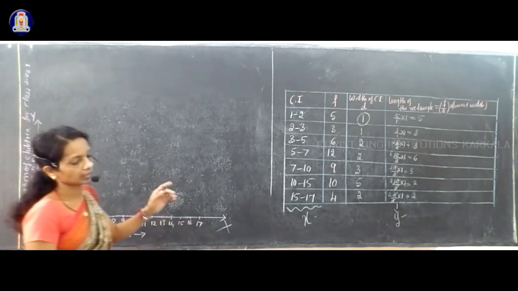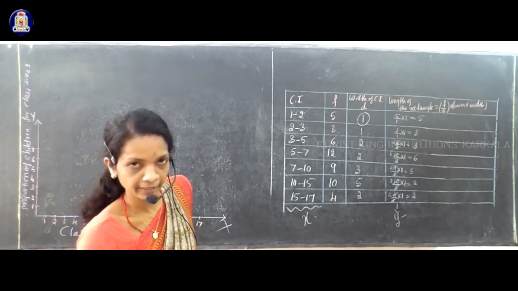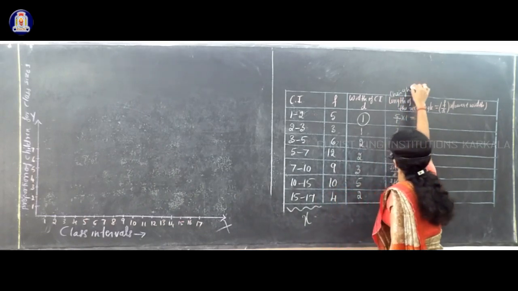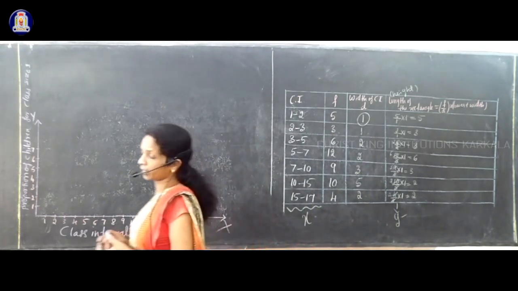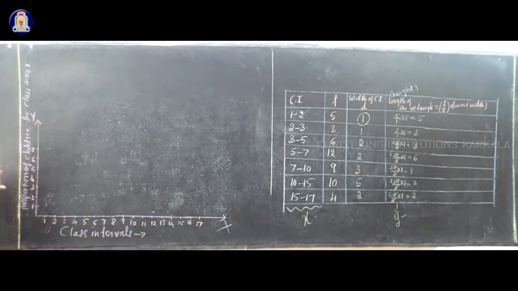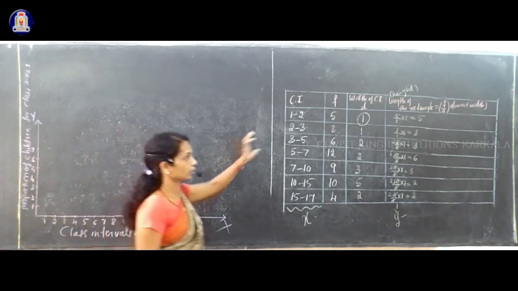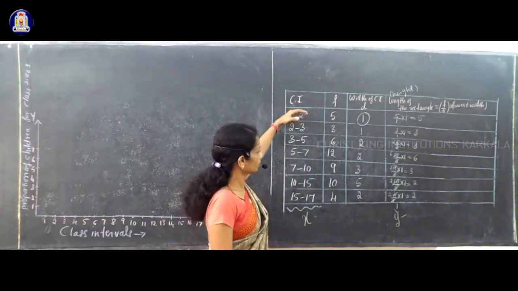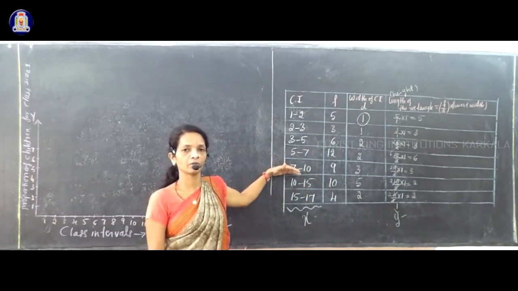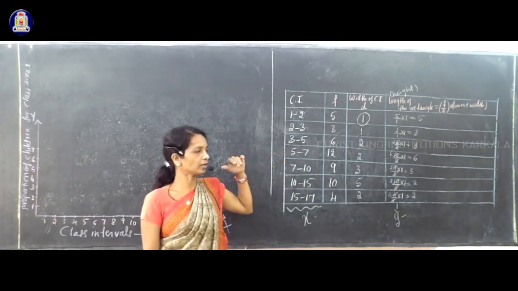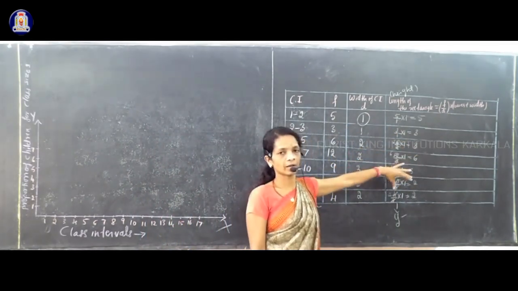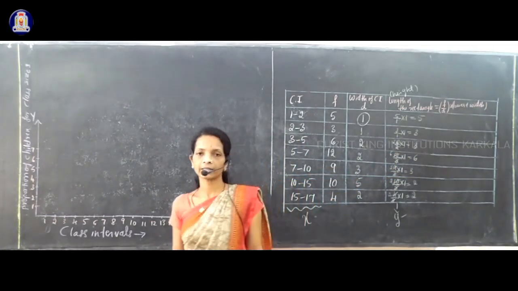Height of the rectangular bar, or length also, length or height. But the height of the rectangle, actually that gives you the proportion of children for a class size of 1. Okay, why class size 1? Because the lowest class width is 1. Suppose we make these class intervals with the equal class size, that is 1, then the frequency column will be like this. Okay, so that will be the actual height or actual length of the rectangular bar.